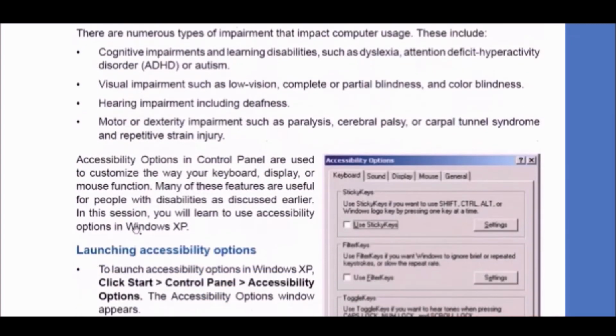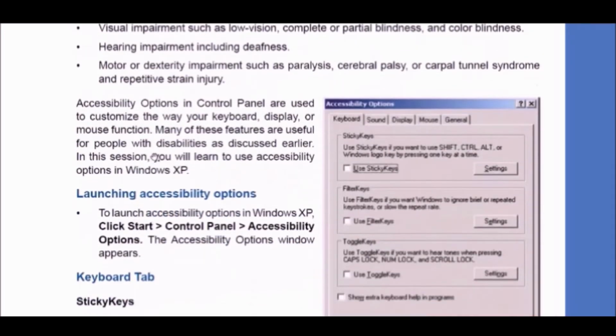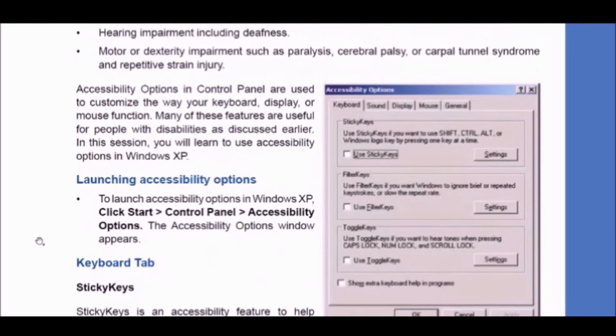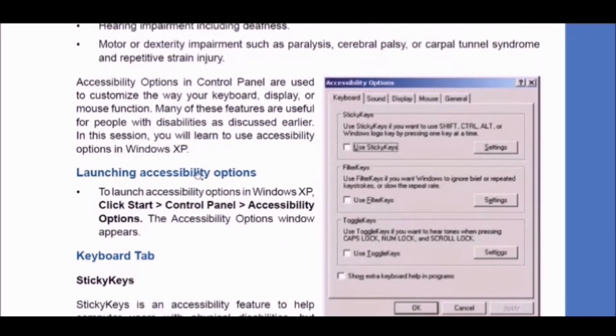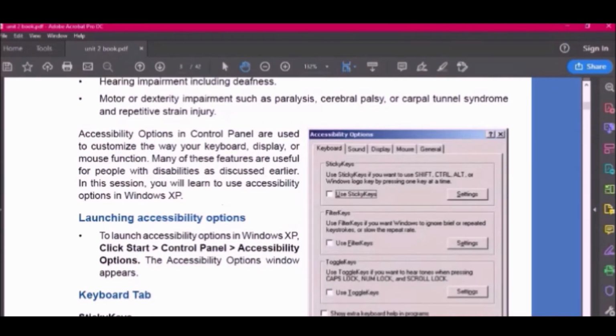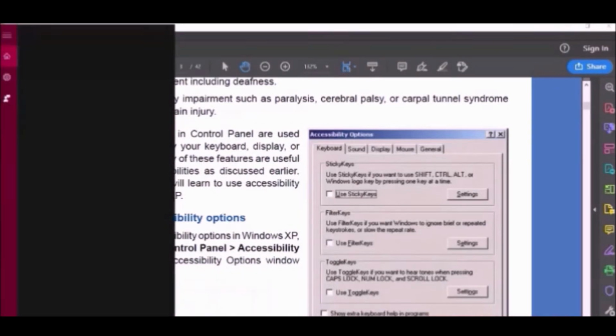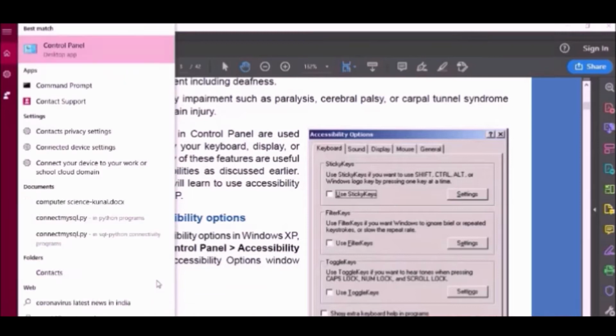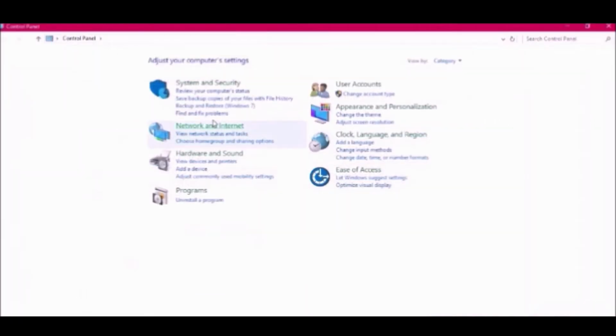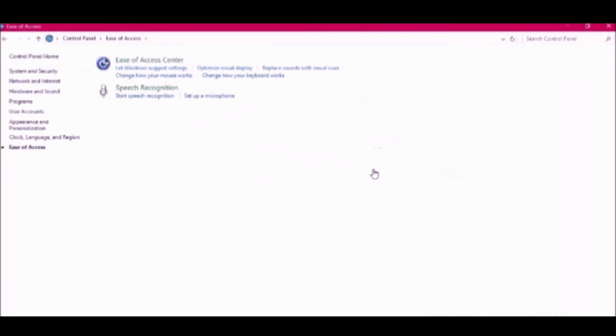First of all, how can we access the accessibility options? In Windows XP or Windows 7, you would click the start button, then go to control panel, and accessibility options would be there. But in Windows 10, you can just type control panel over here, and then the ease of access option is there.